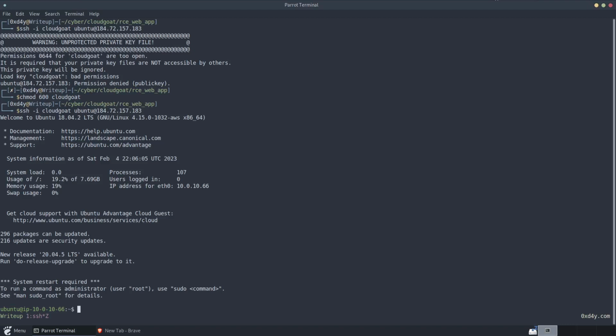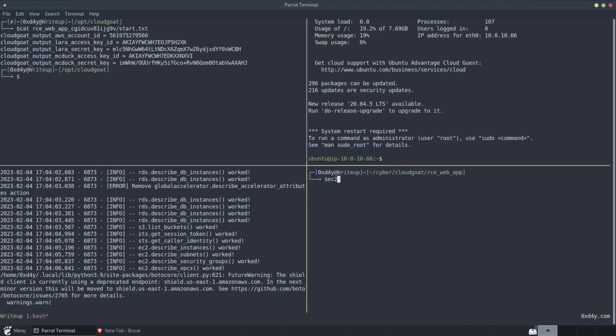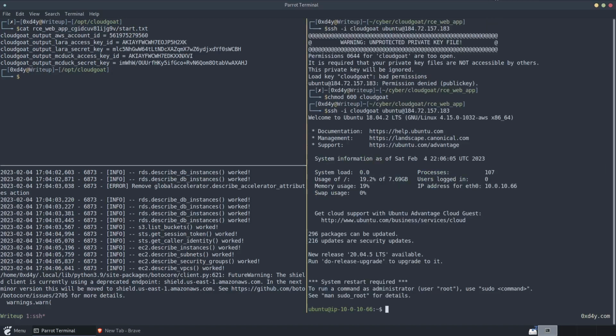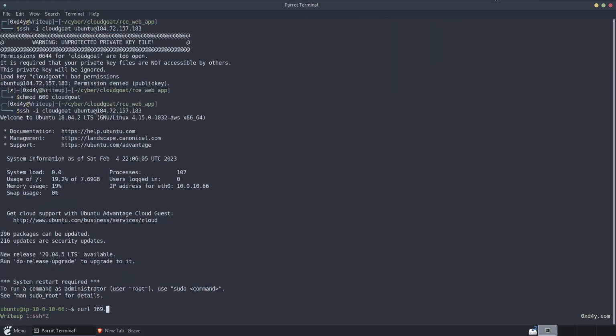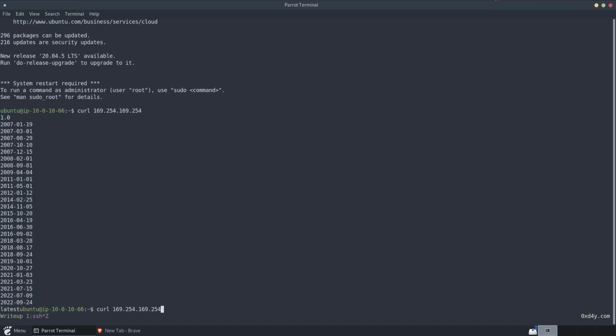And it was an Ubuntu instance, and now we're in. I mean, if you did an nmap scan, you could also know that it's Ubuntu. If Ubuntu didn't work, then you could also do ec2-user, which is also very common. But anyways, now that we are in this instance, we can curl our metadata with curl 169.254,